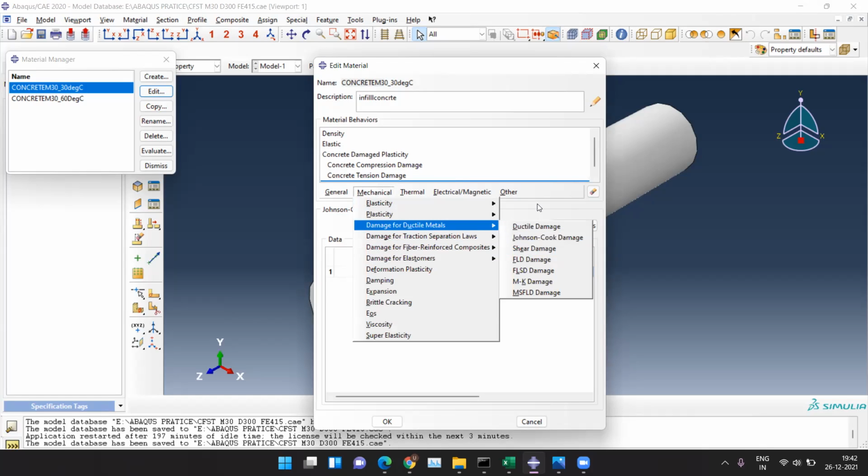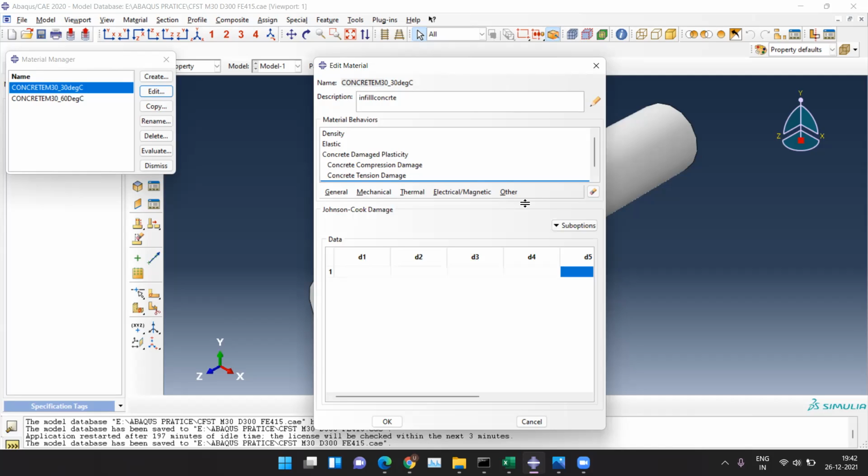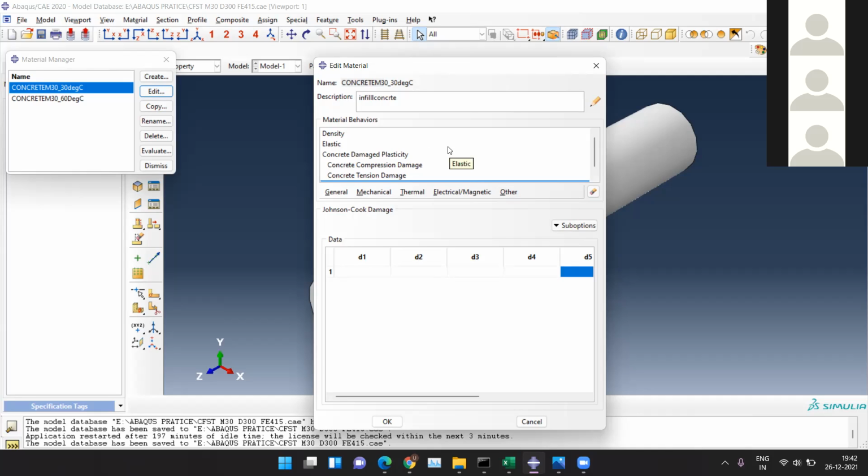One more thing: I have done the concrete and steel density, but I don't have to define the acoustic medium or any medium in which the blast will propagate? No, sir, as of now it's not required. Okay. So both things are done.